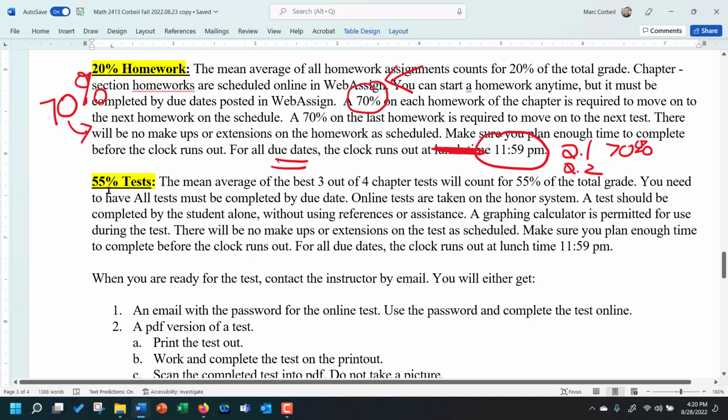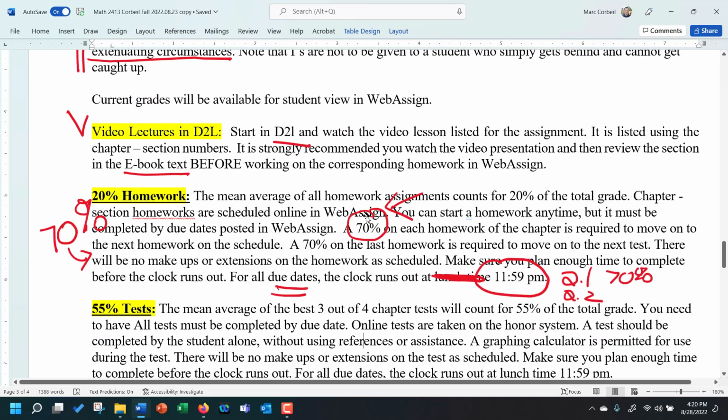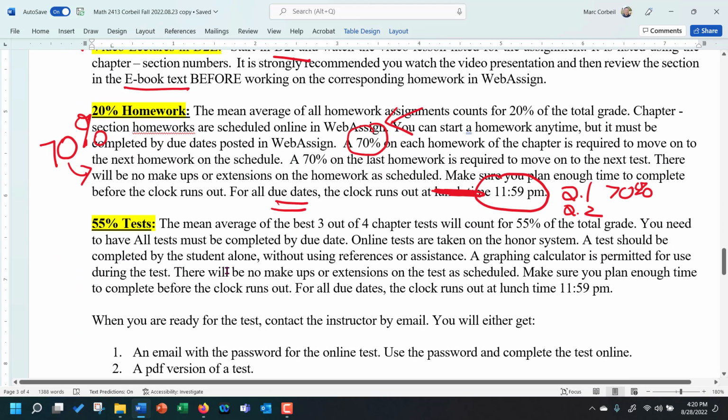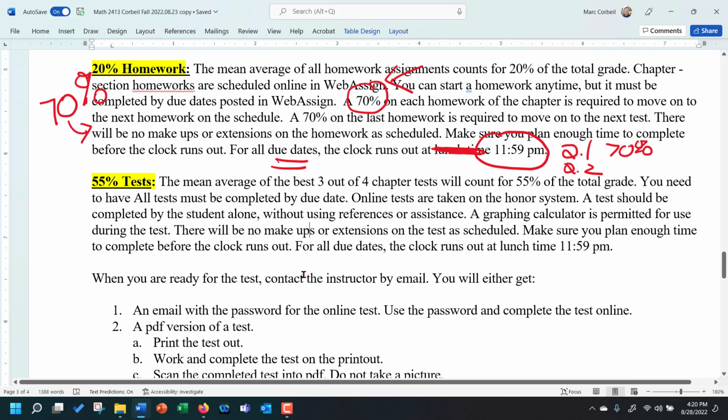Each test is worth 55%. So the tests overall are 55% of the mark. And I'll be counting the best 3 out of 4 tests for your final grade. So it kind of gives you a mulligan on one of the tests. If you don't do so well, you have a chance to improve your grade because the best 3 out of 4 count. Now, remember, you're going to be doing 70% on each of the assignments. So I'm pretty sure you should be able to survive the test, but this gives you a chance to kind of squeeze out the best possible mark for your course by giving you that 3 out of 4. You have to do the test by the due date again.